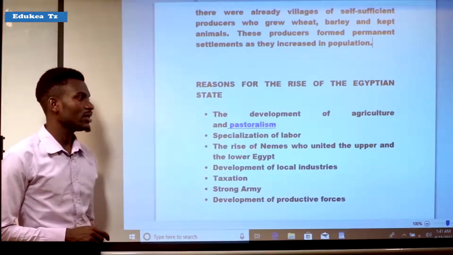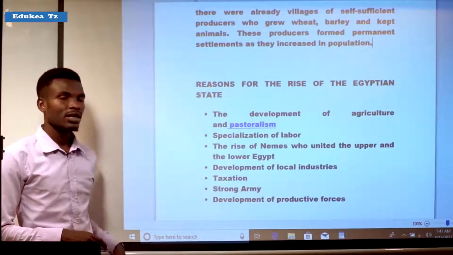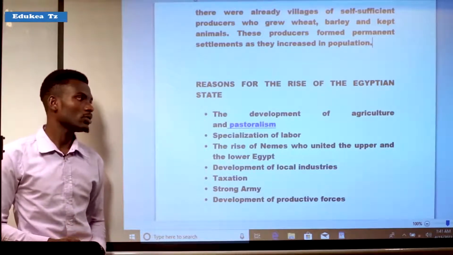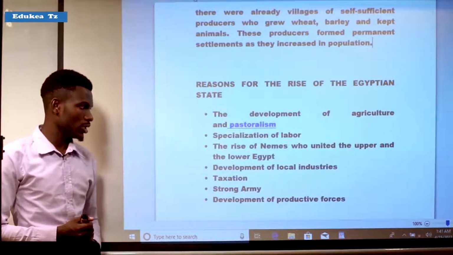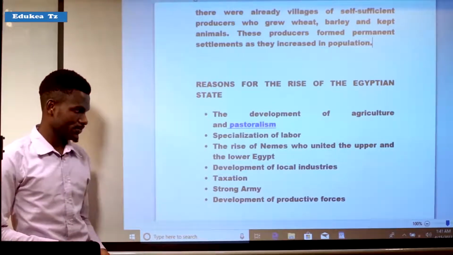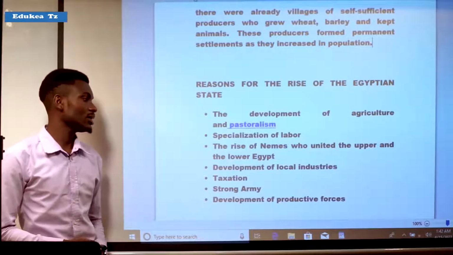Another was the rise of Menes, who united Upper and Lower Egypt. It means that Menes was the one who united Upper Egypt and Lower Egypt to form the centralized state. But another reason for the rise of the Egyptian state was